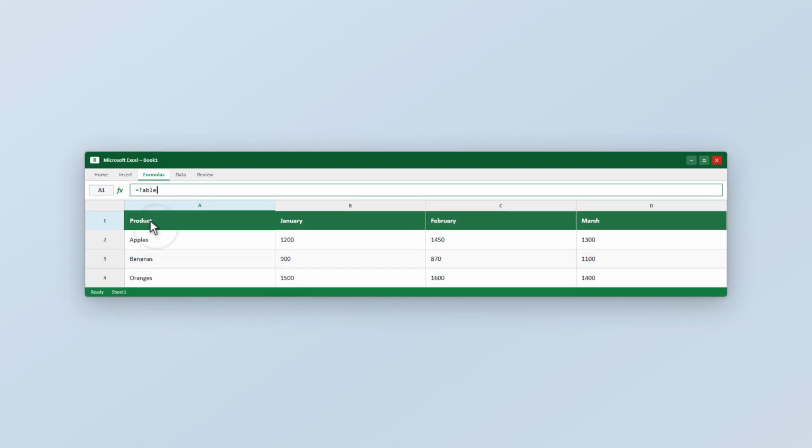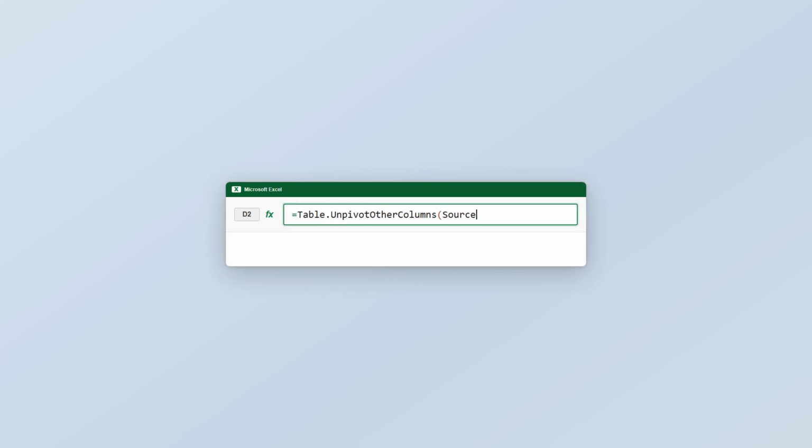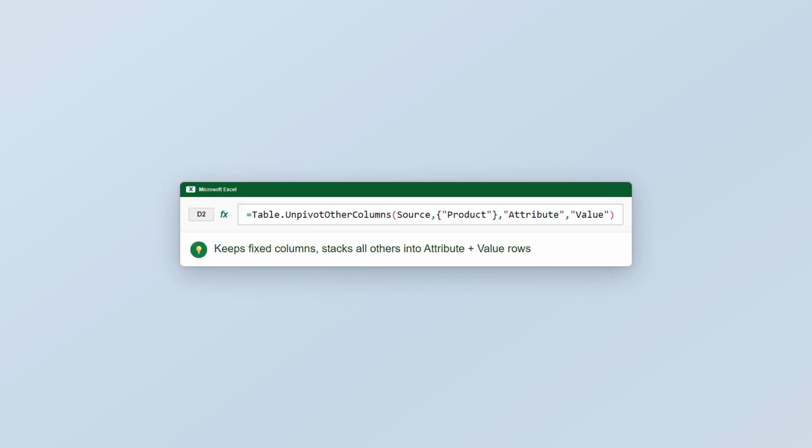Start by selecting any cell inside your data table. Then go to the Data tab in the Excel ribbon and click on From Table/Range to load your data into the Power Query editor. Once in, behind the scenes, Power Query writes a step called Table.UnpivotOtherColumns, where the